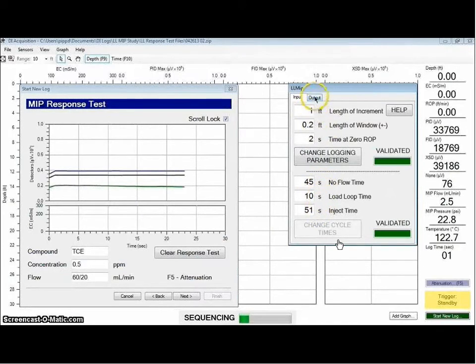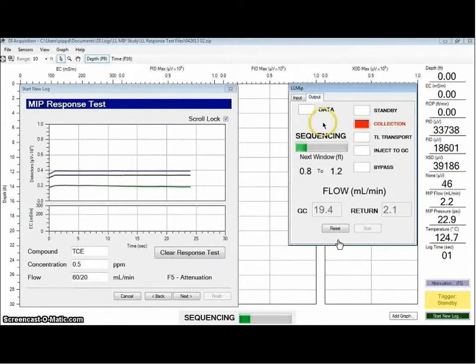Then we'll go back to the output screen and see that we are in the collect mode. You can see that by the red spot up there. And we can see that during this collection, our flow rates here, supply flow and return from the probe are at near zero, but we have a continuous flow of near 20 mils a minute to the detectors. So they're not seeing any variability in their baselines. Now, we just switched from collection